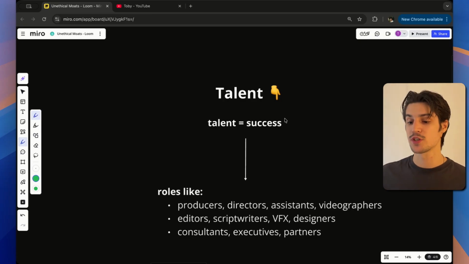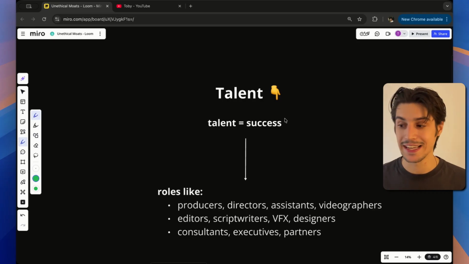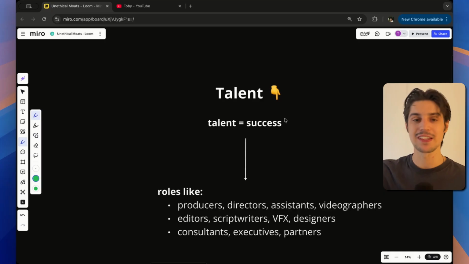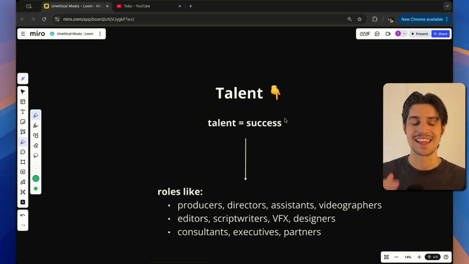One of the best moats to stand out from other people is the talent. The skill level of your editor will impact directly how good your editing is compared to everyone else in your niche. If you invest in an extremely talented Netflix style editor, your content is going to stand out like crazy compared to everyone else who's just editing the videos themselves.